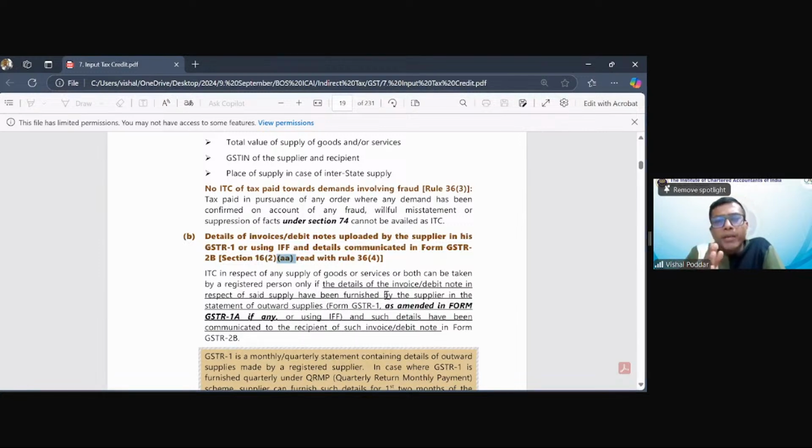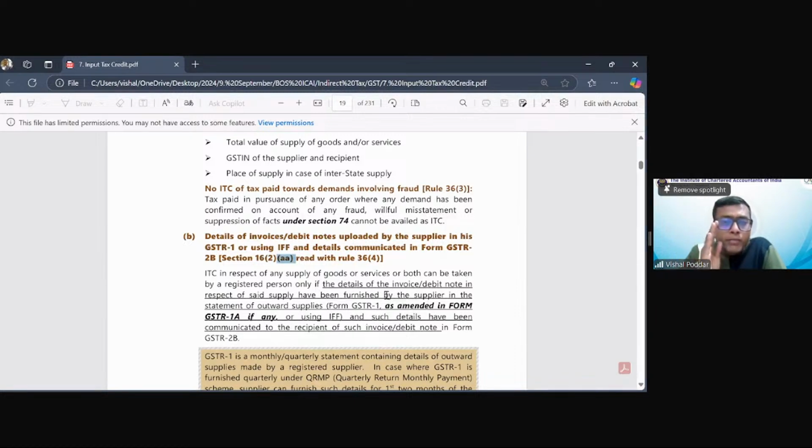So the government said, okay, let me also bring one more auto-populated return, which is GSTR2B. So presently, whenever my supplier files his GSTR1, which is his sales return, showing sales made to me, which is my purchase, it gets auto-populated in my GSTR2A also and 2B also. Now, the only difference is 2A was the old form. It had the old detailings. In 2B, they have devised a new form with more detailings which are required for today's requirement. Now 2A is also there. They have not yet stopped 2A. I believe it will still continue.